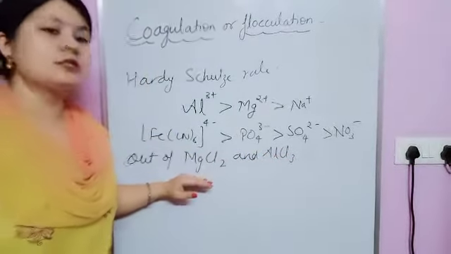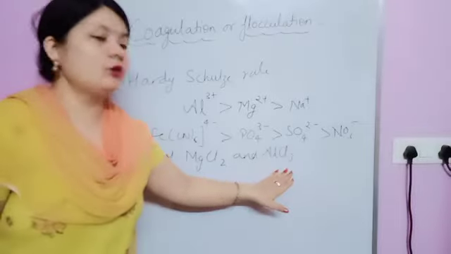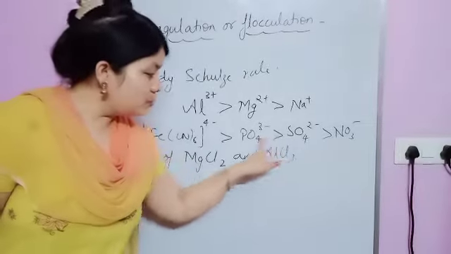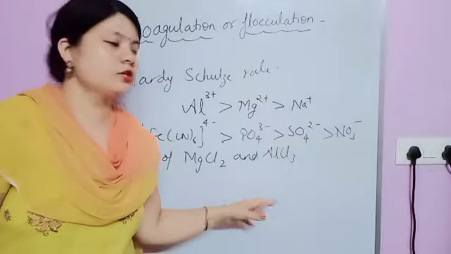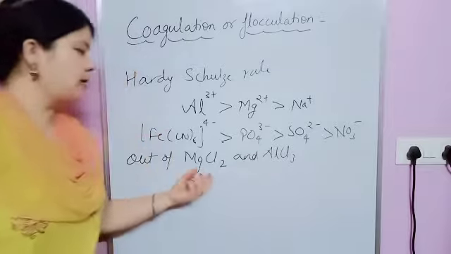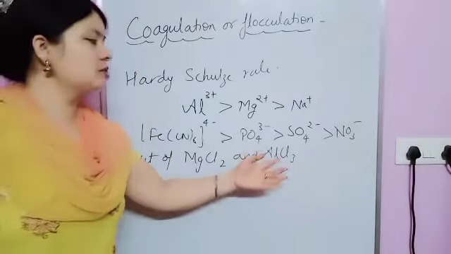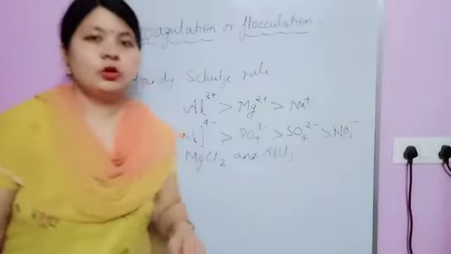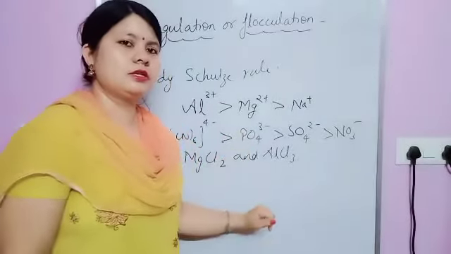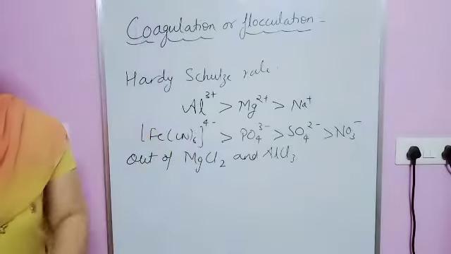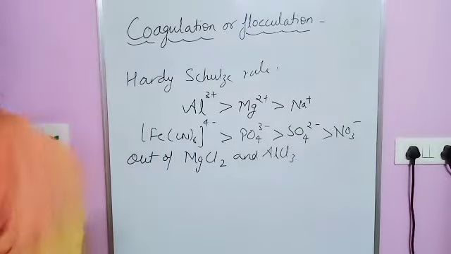MgCl2, magnesium has +2 charge and in case of aluminium +3. तो aluminium, AlCl3, has more tendency of coagulation, या coagulation की tendency ज़्यादा as compared to MgCl2. Reason is because their charge is higher. तो similarly another type of question is there, but pattern लगभग इसी type के based होता है.